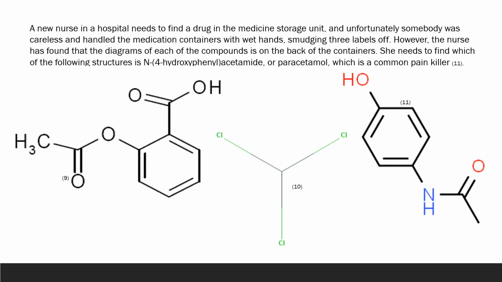Alright, let's move on to a sample problem. A new nurse in a hospital needs to find a drug in the medicine storage unit, but unfortunately, somebody was careless and handled the medication containers with wet hands, smudging 3 of the labels off. However, the nurse has found that the diagrams of each of the compounds is located on the back of the containers. She needs to find which of the following structures is